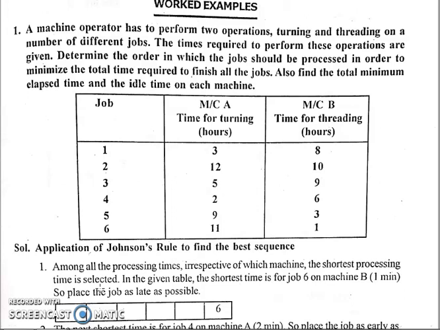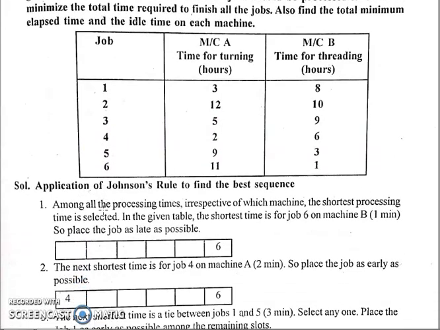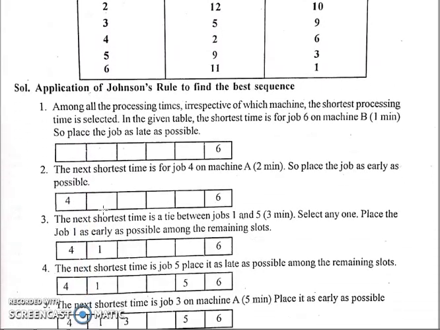Okay, first step is what? Identify the minimum time on any job, any machine. Okay, irrespective of the 2 columns, minimum time, that is 1. So if that particular minimum time is on the right hand side, that is this machine, then keep that particular job on the right hand side. Got it? If the minimum time is here on the left hand side, keep that particular job on the left hand side. Go on this way and occupy all the 6 values or 6 jobs, you can say.